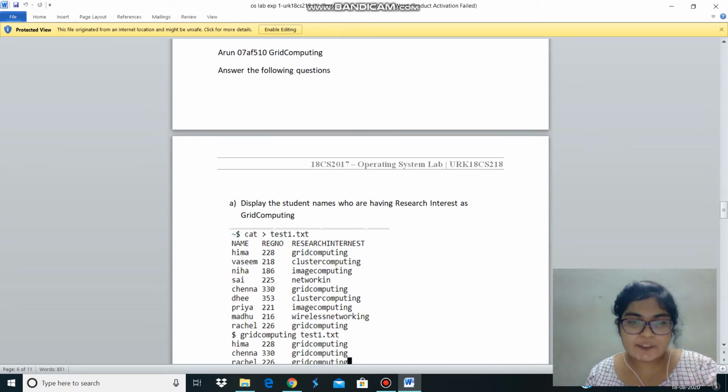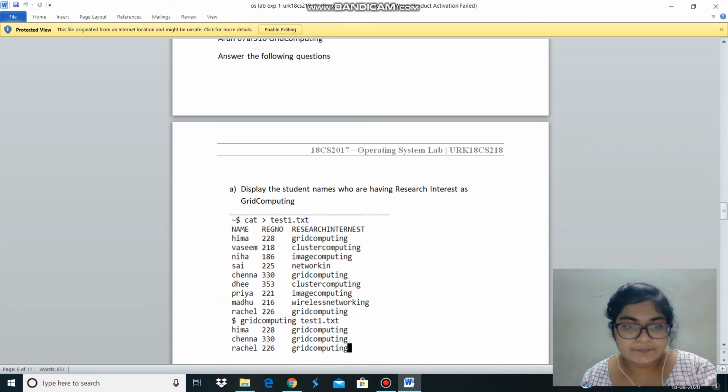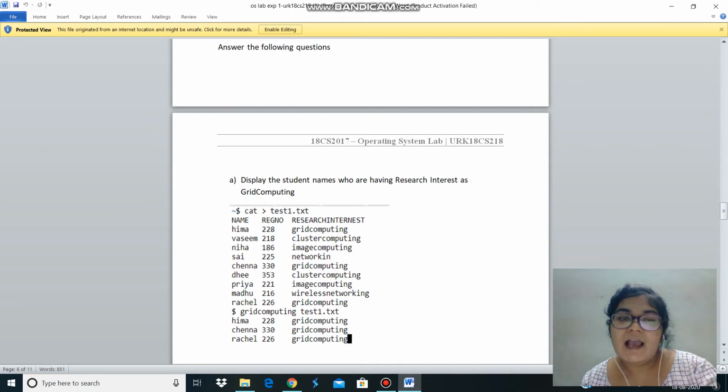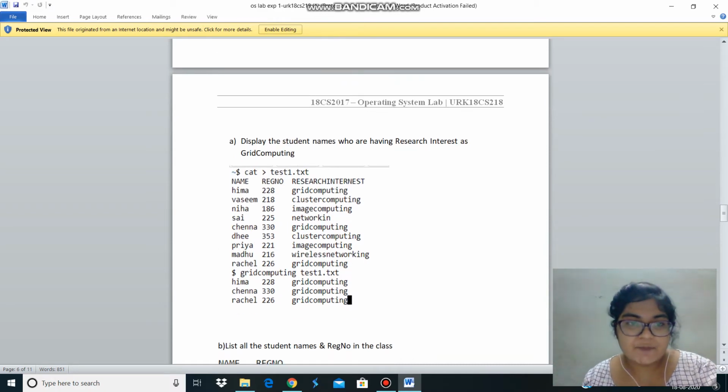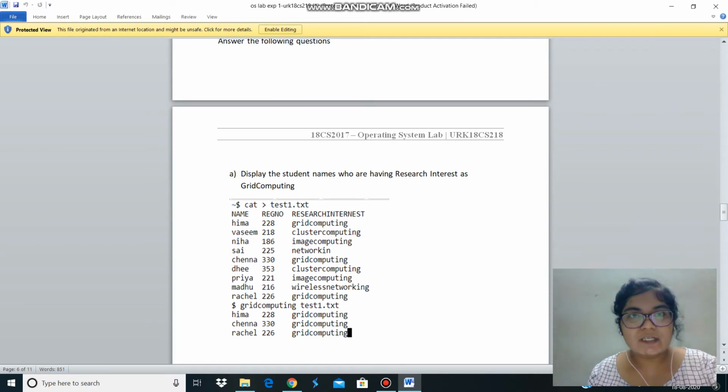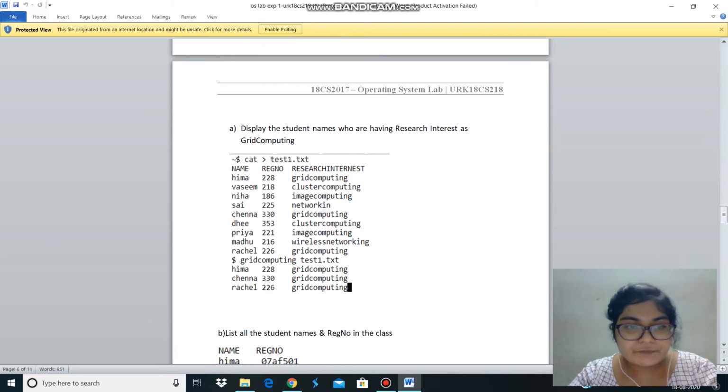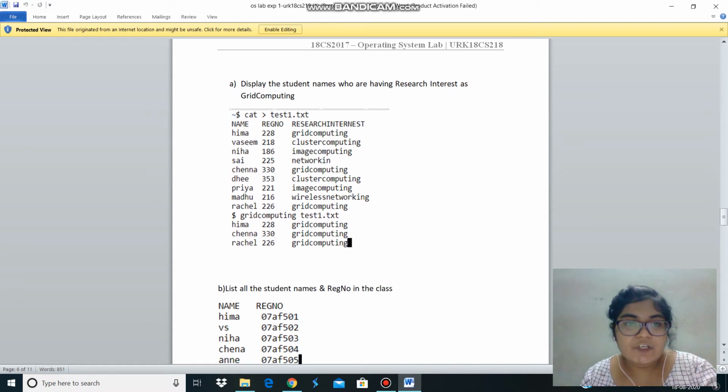The first question is display the students' names who are having research interests in grid computing. I'm using the cat, which is the cat empty. Touch is the empty, sorry. The cat content for the Unix one file for name creation. Then we'll give the names and registration numbers. Then we want the symbol which we use.